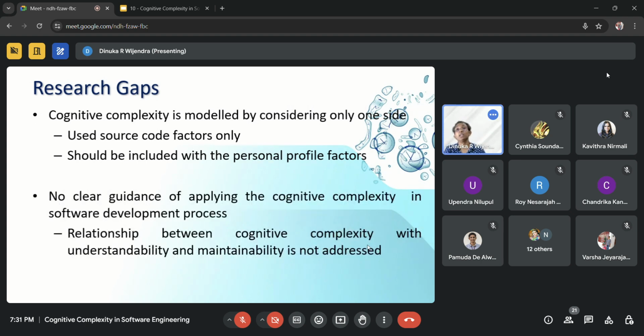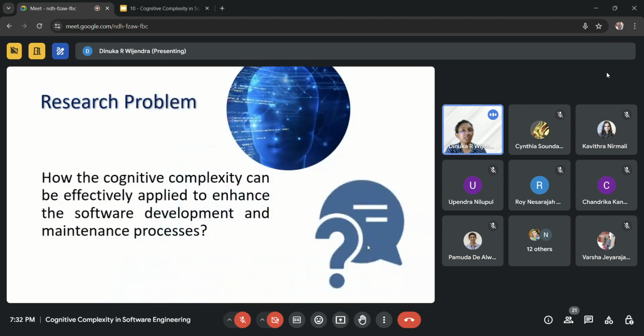And the other thing is, even though some connections are there, how this cognitive complexity can be applicable for the software development process has not been discussed anywhere. Cognitive complexity is the user understandability or the comprehension effort. And how we can apply this under maintainability or the design or coding levels has not been explained. So that has to be explained. Otherwise, how we can model software with a lesser comprehension effort, we don't know. Those are some of the research gaps that I have found.